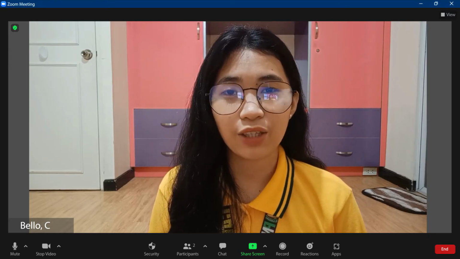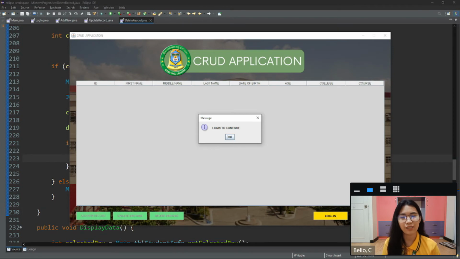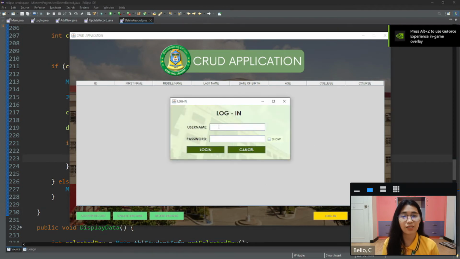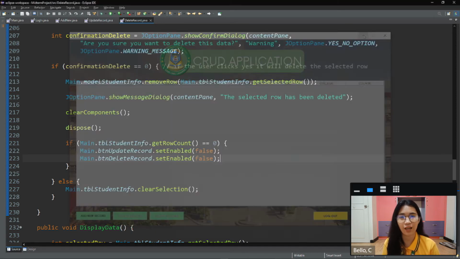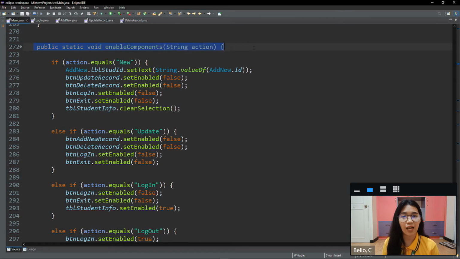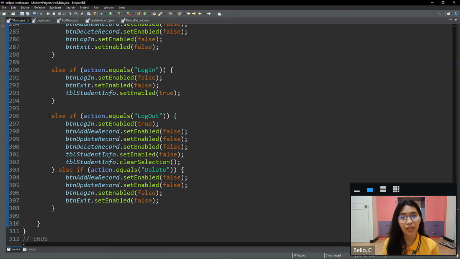The logout J button is executed based on the login J button, and it appears in the same J button as the login J button once the user has successfully logged in. First, we added a string action parameter inside the enable components method that will enable the login J button while disabling the add new record J button, update record J button, and delete record J button that is defined by